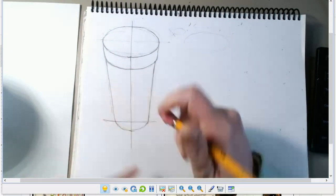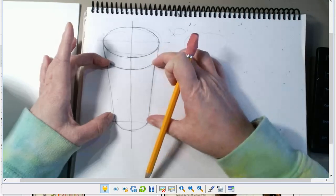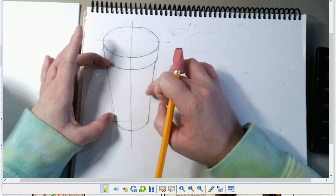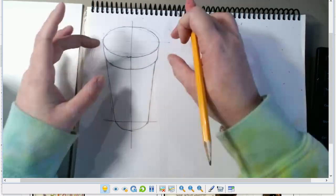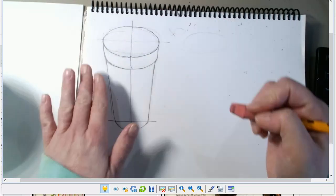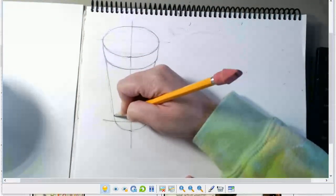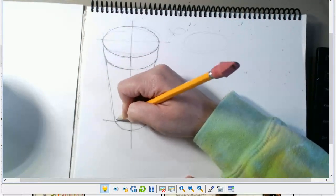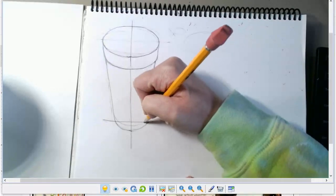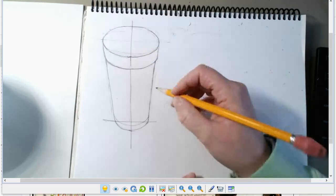All right, that's a great way so that you can see if the two shapes match on either side of your crosshairs. Like these two shapes that are here, it'll help you create that nice symmetry as you go across. And when you're all done, which I am not, I have another ellipse that comes around here and go up to the top. So add in any of those details,